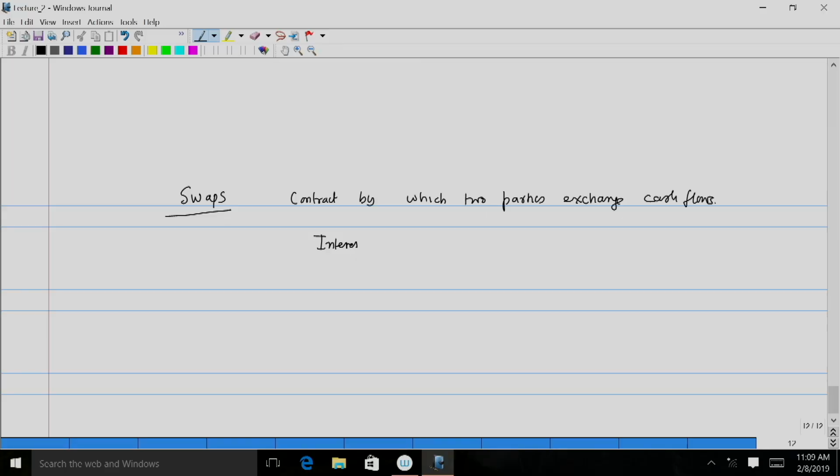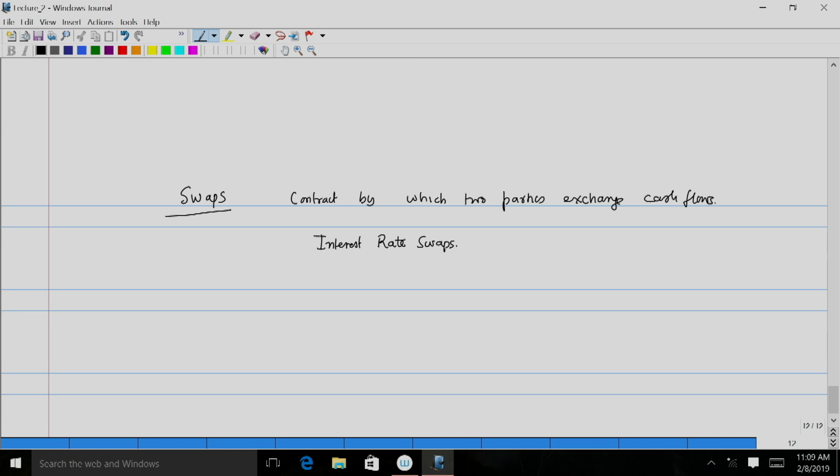So, you go to another entity and sign a swap by which you tell the other party, say I call this party B, that okay, I will give you a fixed interest rate, say 14%, and in return you give me whatever the floating interest rate is, so that I can go and return it to the bank from where I had borrowed. This is what is known as an interest rate swap, and it is one of the most common forms of swaps. It is a contract by which two parties exchange cash flows at some future time point.